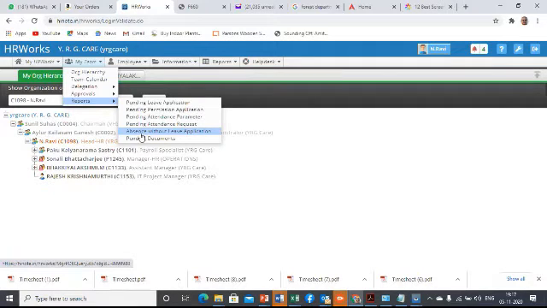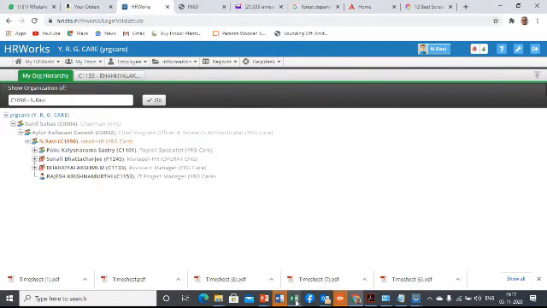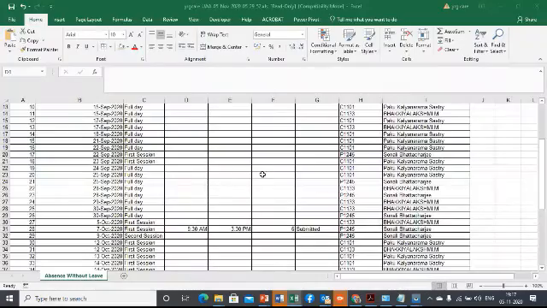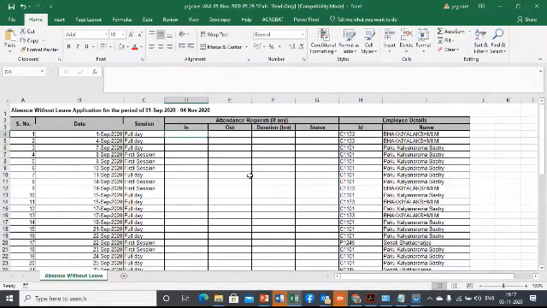I have already generated this report for this demo purposes, and you can see that it gives you a report for all the days where the subordinates or your reportees have not marked their attendance or missed out, or there is a late, or the system has perceived them as half a day leave.